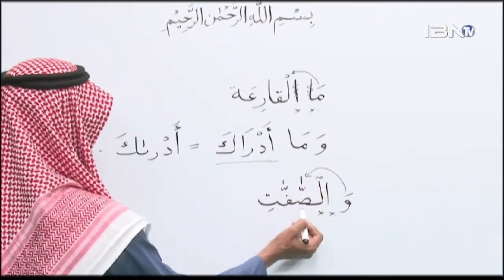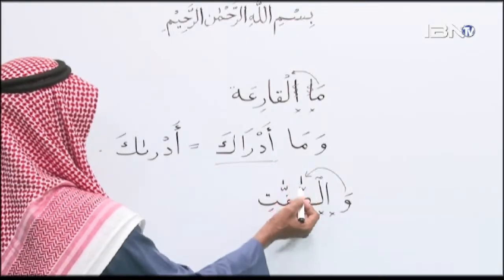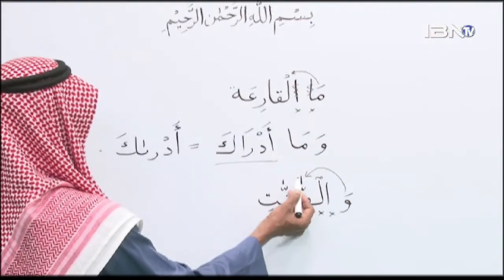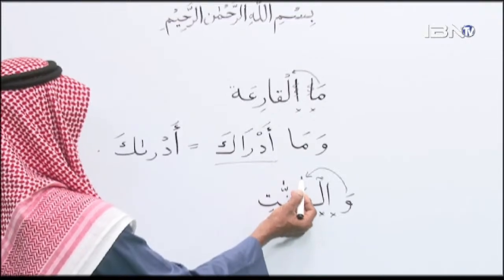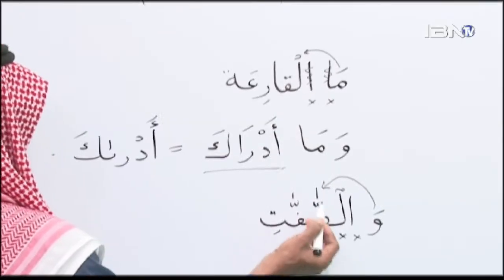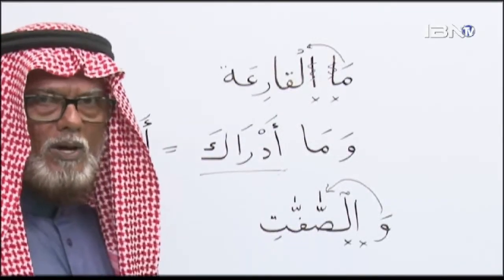And then call the sword again, saw, because you have to lengthen it because there's an alif here. Was saw, and while we are lengthening, we are not pausing or stopping. We're going to join to the fa. So it's pronounced was